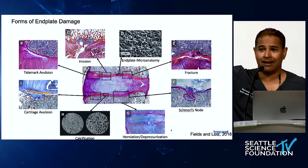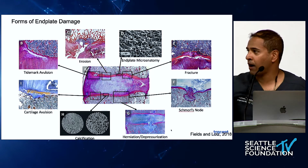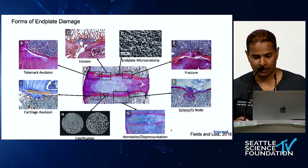The problem is we don't get access to our patients like this, right? These are cadaveric specimens, right? Or maybe they were sampled intraoperatively and taken out and then identified. So what we have to rely on is the beauty of radiology, the beauty of the magnet to help us